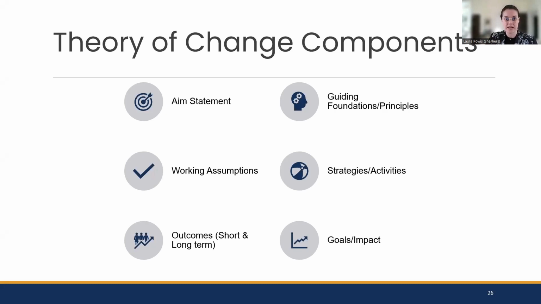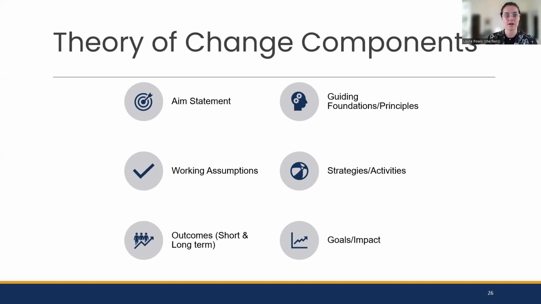Another core component is strategies and activities. So these really are the what, right? The what of what your program is doing. And you'll see in a couple different examples ways that those can be illuminated for your theory of change. You have your outcomes, so thinking both short and long term. And then you have your goals and impact. So this is the overall, like, 30,000 foot level ultimate thing that you're working towards through your different